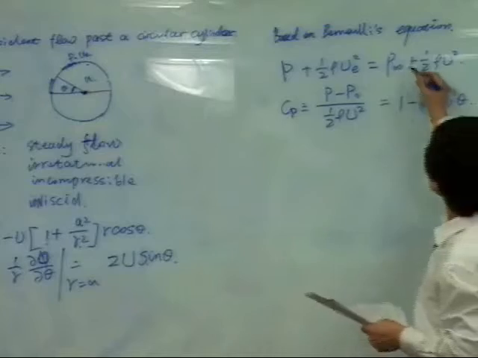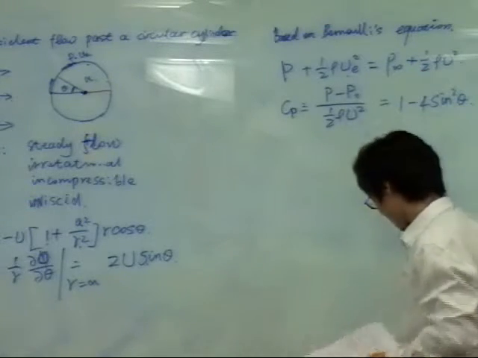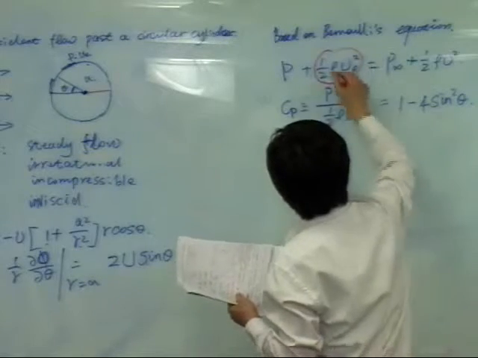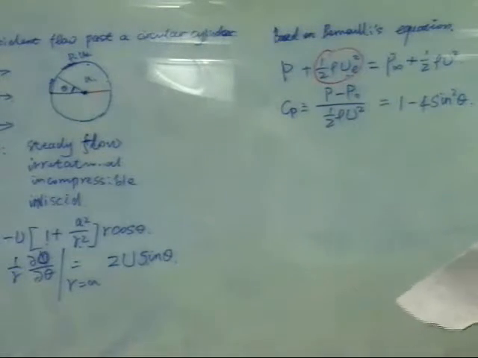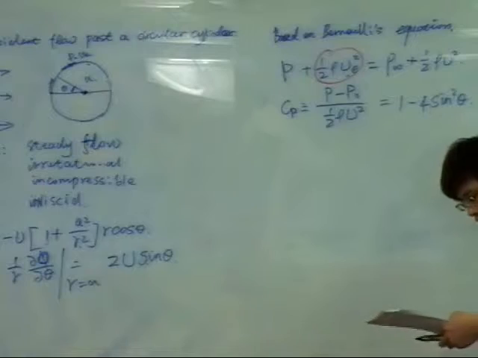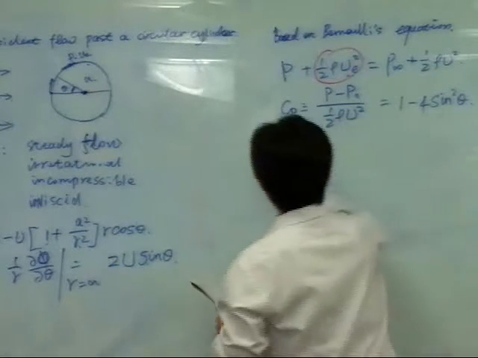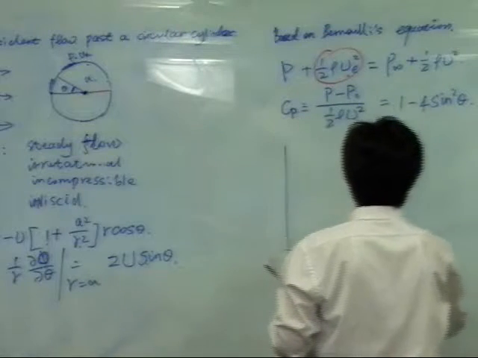Okay, you plug in U_e as this one. Okay, you get this coefficient. What does it look like? If I draw a figure,